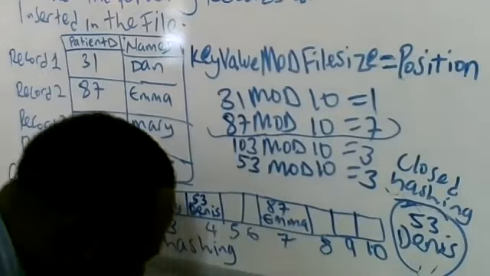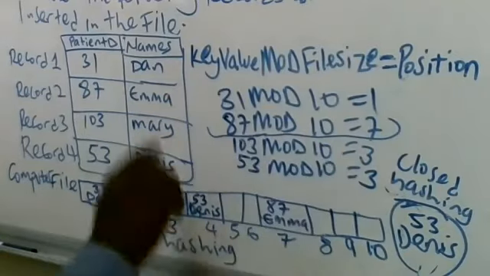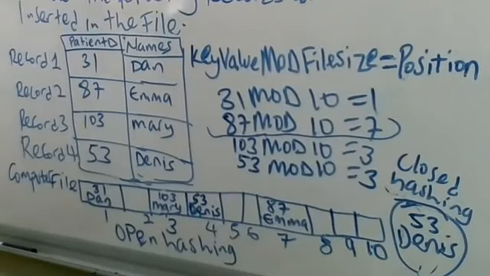So it's very obvious that when you use the random files, you can access records directly from their positions where they are kept. Because after calculating this position, you just jump there and pick it. So it means random files allow direct access to data. Now, that's how random files work. Next, let's look at